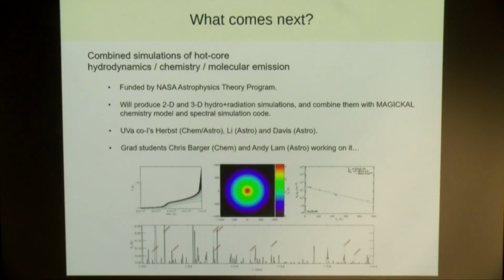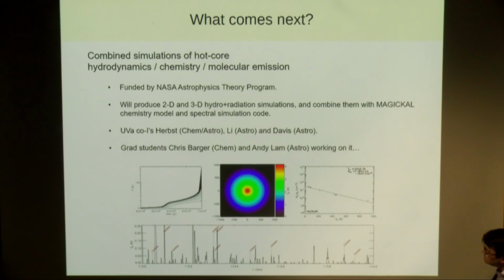Okay, so what comes next? Well, a sort of final slide to tell you what's coming in the future. There's a few things we're doing, but one of the things that is most exciting for me is that we got some money from NASA recently to combine proper MHD simulations of star formation with the kind of chemical and spectral modeling that we've been doing. So these are results from a sort of preliminary model that we put in the proposal, but we're currently doing one-dimensional MHD calculations just to get things rolling, but the focus of this is going to be 2D and ultimately 3D